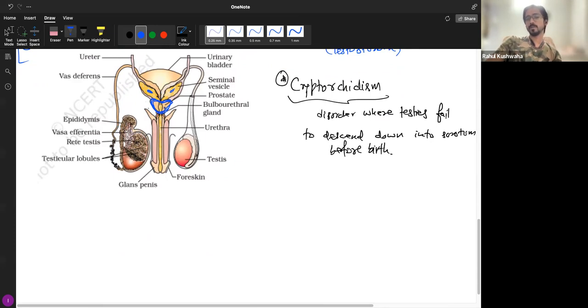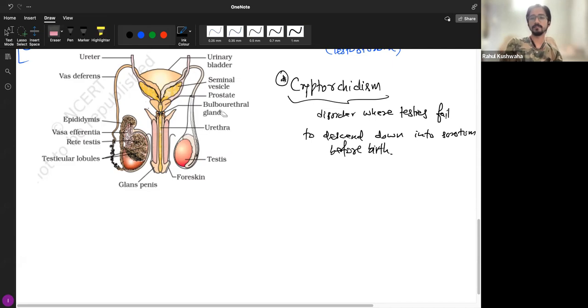So there is only one prostate, and you can see these tiny two dots, right? One here and one here. These are called the bulbourethral glands. They are very small. Can you see these tiny dots? Two bulb-like structures. Yes. They are the bulbourethral glands. So males have a pair of seminal vesicles, a pair of bulbourethral glands, and a single prostate.